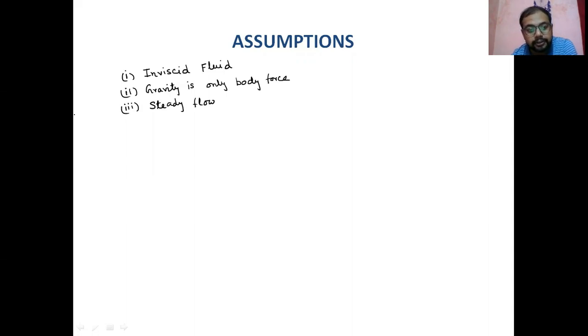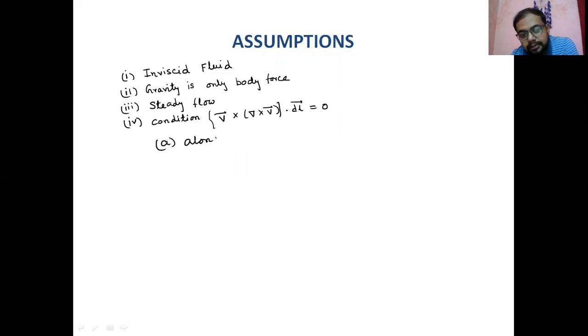Next, the fourth one. The fourth one is a two-part condition: V cross del cross V dot dl to be 0. So what condition is required? Either along a streamline,